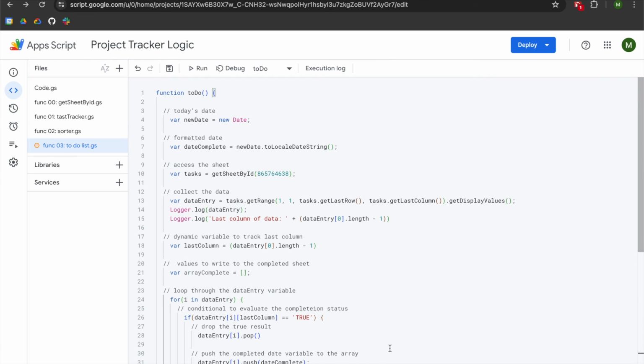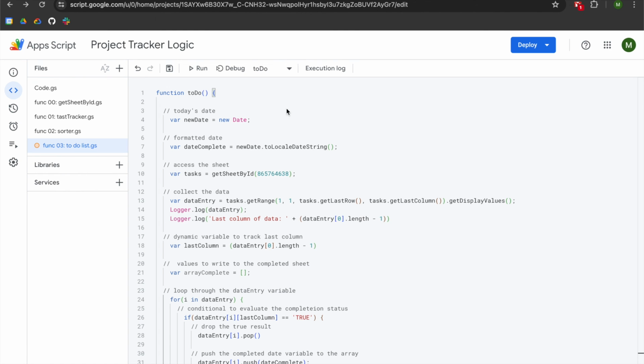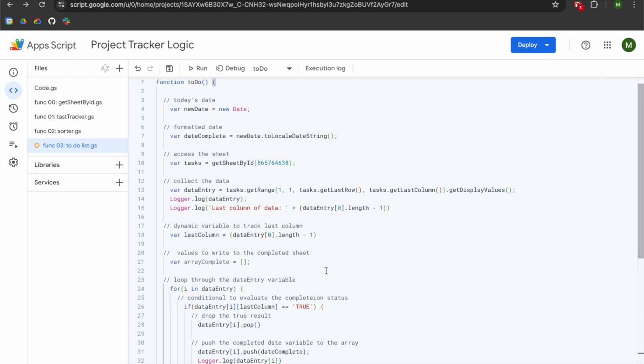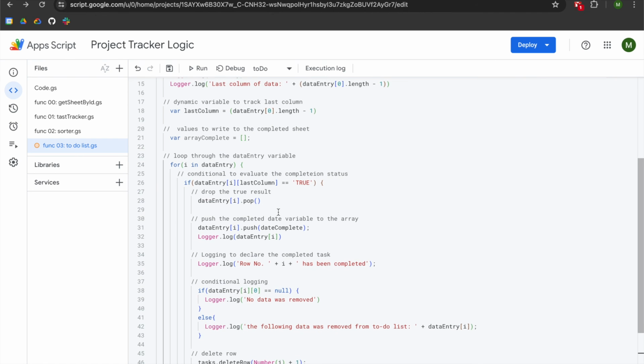So what you should have now is tasks is equal to whatever the sheet ID is of your to-do list. So go up top here, grab this, and paste it in here. And then all the rest of this code is exactly the same as your task tracker until you get down to the conditional within